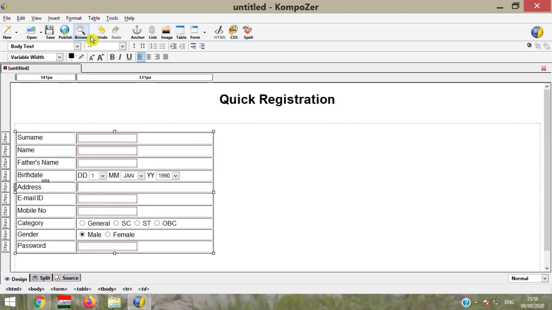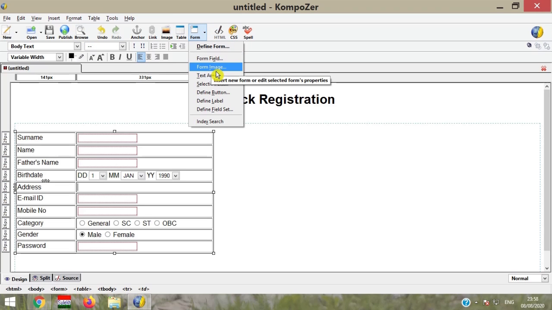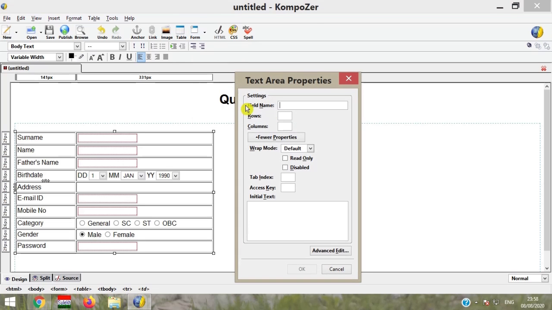So for the text area, go to the form and then text area is available here, so use the text area. Right, here a field name, address, right here row value, and then use the column value according to the size.